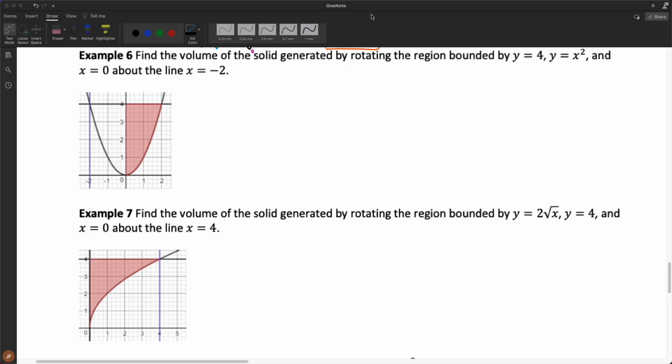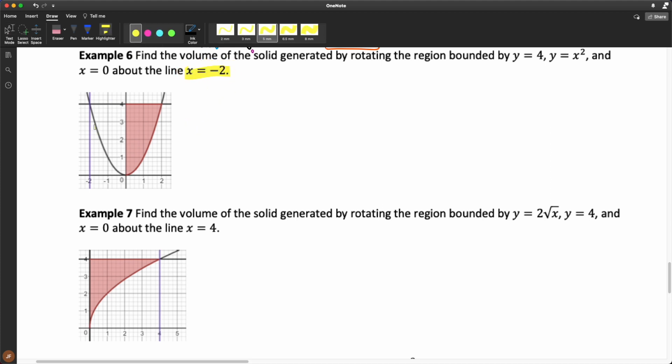Okay, welcome. We're going to be looking at the last three examples of the washer method notes, example 6, 7, and 8. Starting example 6 says find the volume of the solid generated by rotating the region bounded by y equals 4, y equals x squared, and x equals 0 about the line x equals negative 2. Okay, so x equals negative 2